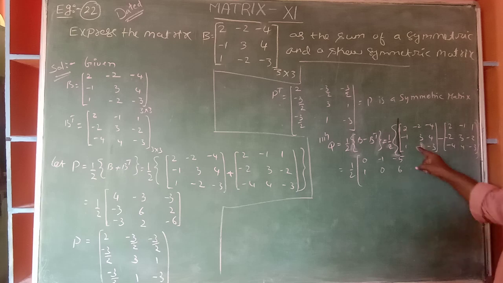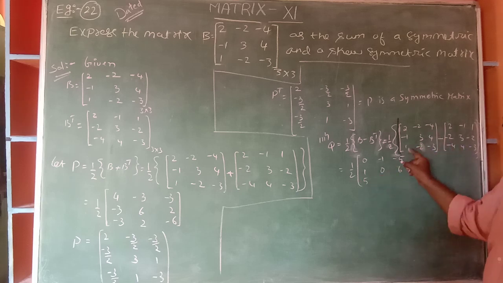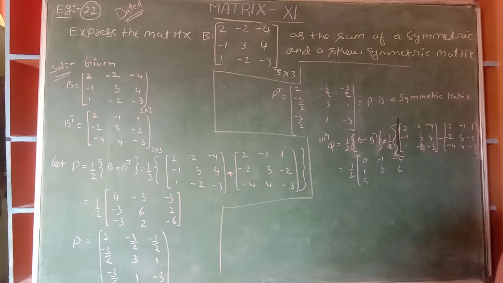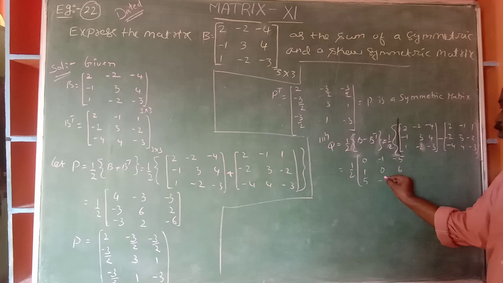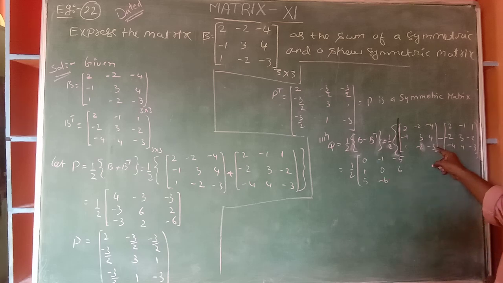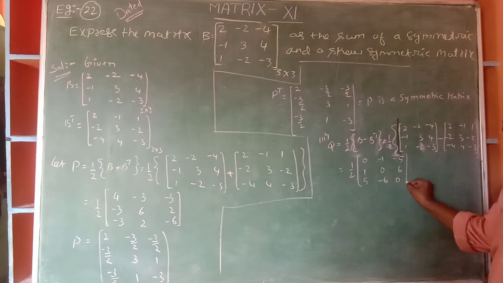Okay? 1 minus of minus 4 is 5, because 1 plus 4 is 5. Again minus 2 minus 4 is minus 6. Minus 3 minus of minus 3 is 0. Okay? And again you see